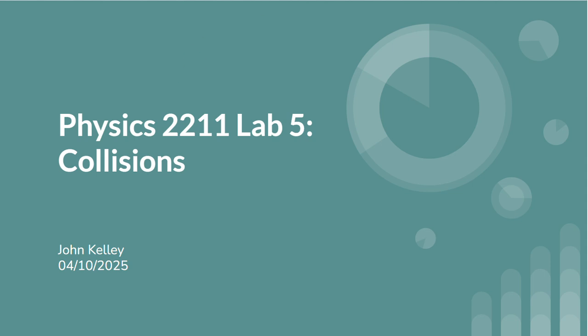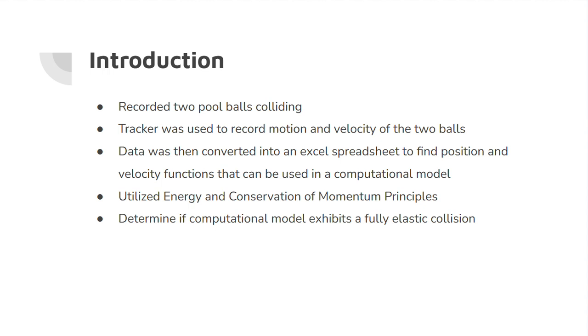This is my fifth lab, and I chose to do it on collision. So, quick intro. What I did was I wanted to see if I could make a real life elastic collision between two pool balls. So I hit two pool balls together, and I videoed it and put it into Tracker, and then I pulled that data and put it into an Excel spreadsheet to find the velocity and position functions with respect to time, and then I put that velocity and position into the Python to find a computational model